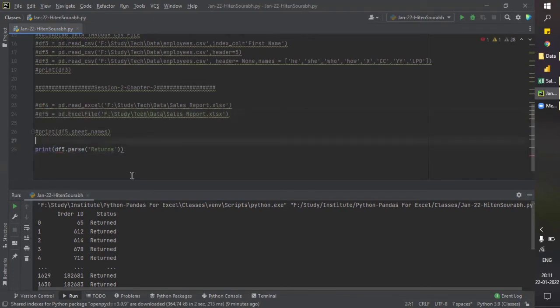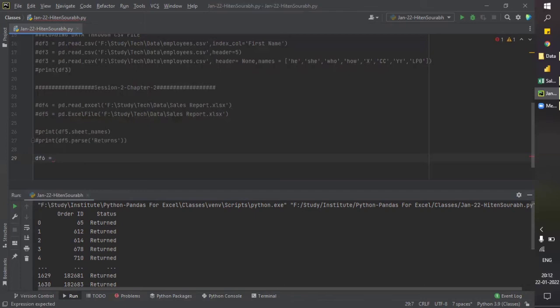Let's skip this here, for future reference if anyone wants to see. Now let's make another variable, d6, and d6 equals, then again let's load the file.